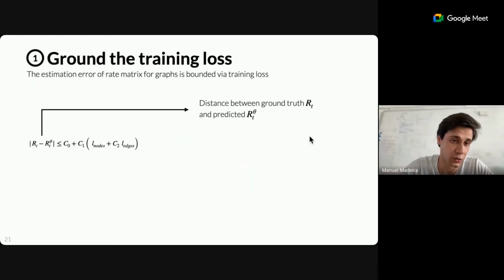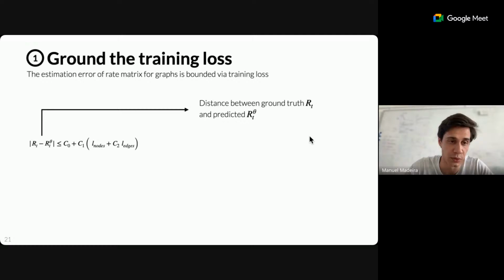So one of our contributions is also theoretically grounding the training loss that we use. We use the same training loss that was previously used for graph diffusion models. We apply cross entropy between nodes and edges. But the main difference is that this time we are able to motivate it theoretically. What we actually do is upper bound the estimation error of the rate matrix that we will use to denoise